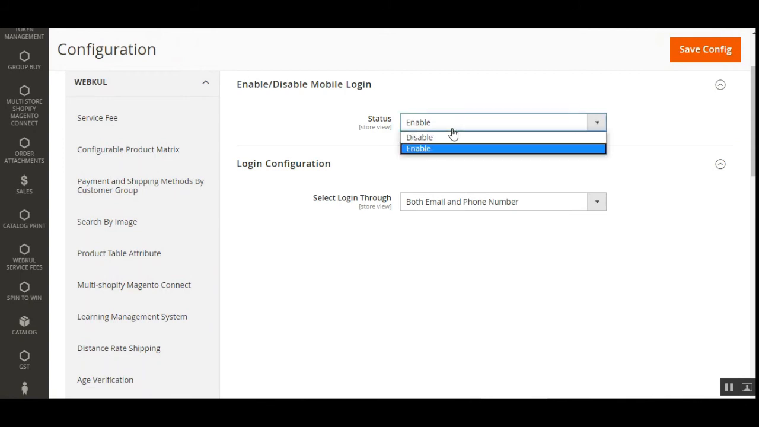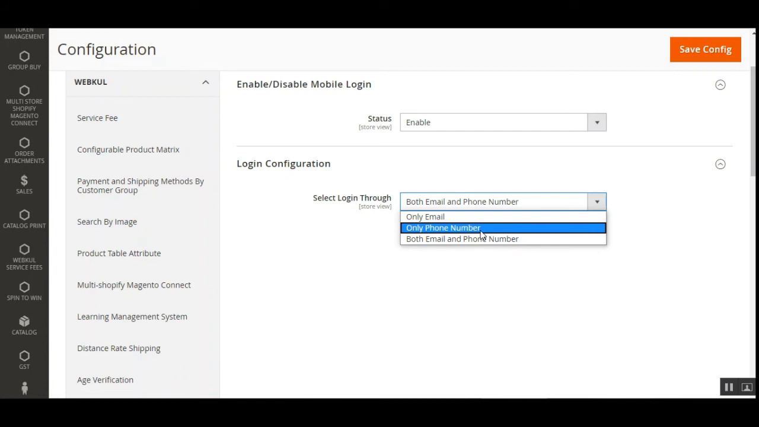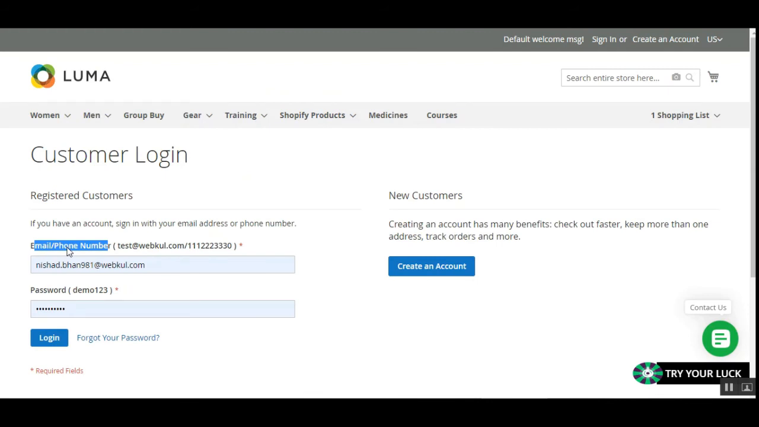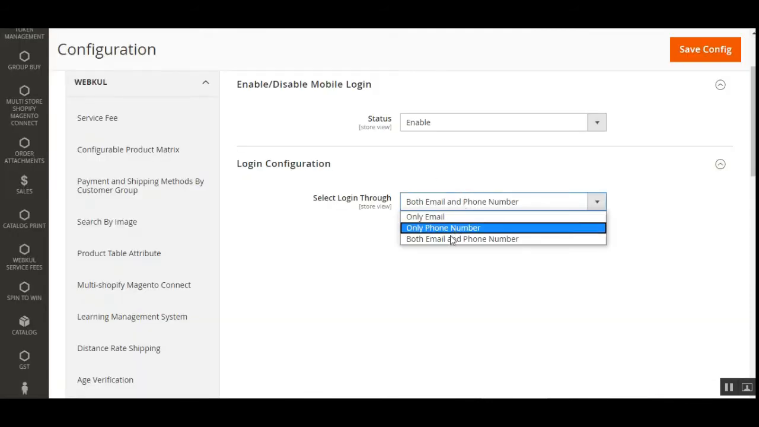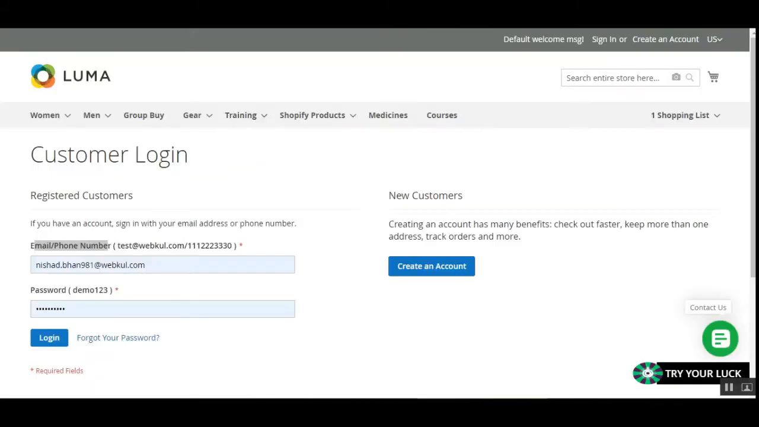Here we can enable or disable this functionality by choosing the disable or enable option. Then under the login configuration, the admin would be able to select the login through both email and phone number, only phone number, and only email. Right now it's both email and phone number. That's why the customer is able to see email or phone number. Now if I make this only phone number and I tap here on the save configuration button,